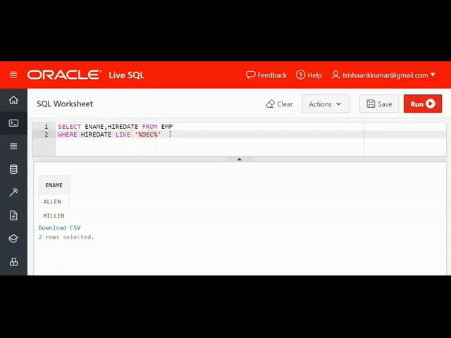If you know this, you can use this pattern and display all the employees who have joined in the month of December. We are not bothered about the year, and we are not bothered about the day. We just require the hire date value to contain DEC, with the start and end not mattering. See, all these column values contain the pattern DEC in them. If you want February, you can take FEB like that. So we'll move on to another example.